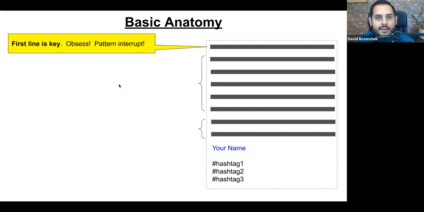And the thing that you have to keep in mind here is that your first line is key, and you should obsess, if you can obsess over that first line, okay? Because you want to have what we call a pattern interrupt, something that stops me in my scroll, some first line that makes me want to click those 3 dots that says more to actually continue to read more. So think about your first line. In one of the upcoming sessions, I'm going to give you about 50 first line kind of templates that you can use to kind of get the wheels turning or to give you inspiration as to what that first line should be.